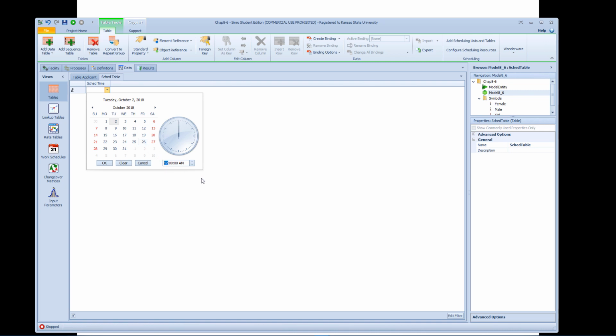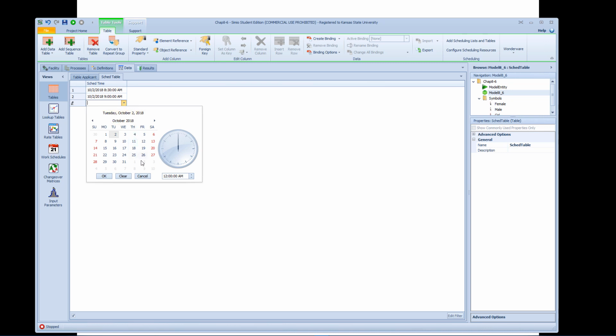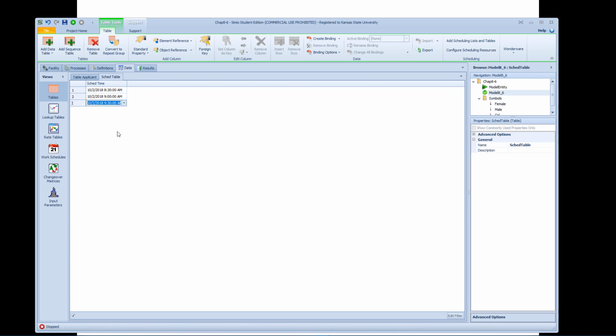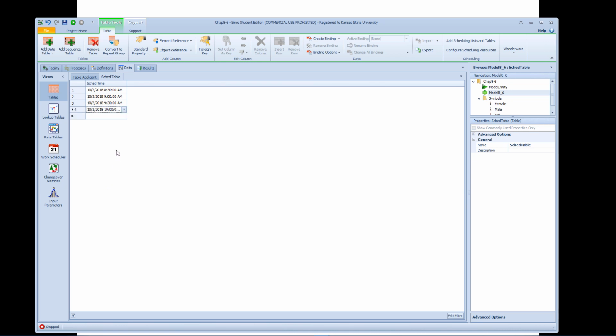In this example, we start with 8:30 a.m. Then we have another one at 9 a.m., another one at 9:30 a.m., and another one at 10 a.m. We have 4 scheduled arrivals in the morning,